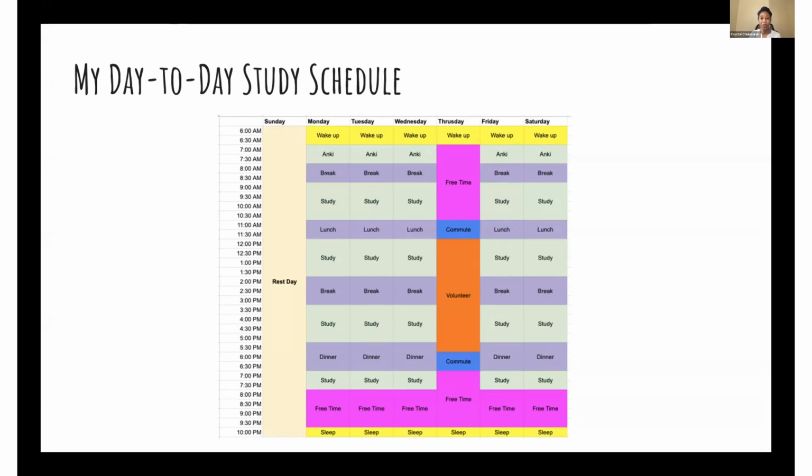But I also wanted to point out that I intentionally put in breaks throughout. So I had a break after I did my flashcards. Then I would have study blocks. And I intentionally put in these 2-hour study blocks. When you're taking the MCAT, each section is about an hour and a half, right?